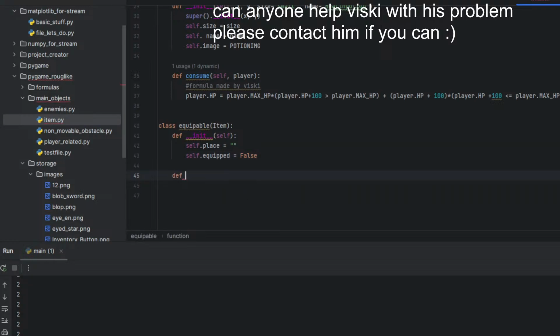And it should have the function equip, def equip, self.equipped equals true. Pretty simple stuff.